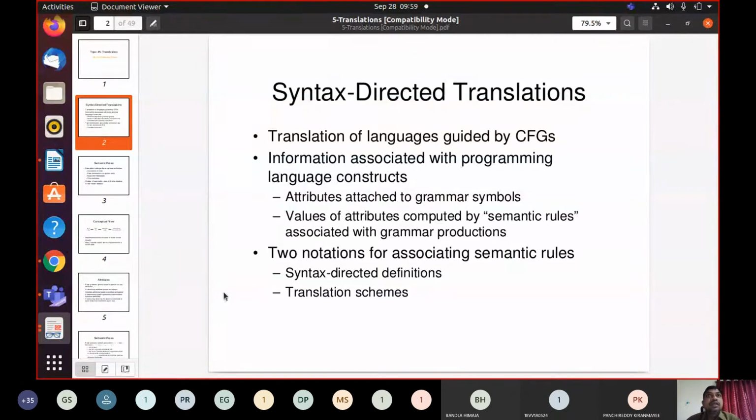Whenever you are about to reduce or expand a production rule, its corresponding semantic rule will be carried out automatically. It will be executed. That means in parallel we are doing both syntax analysis as well as semantic analysis.